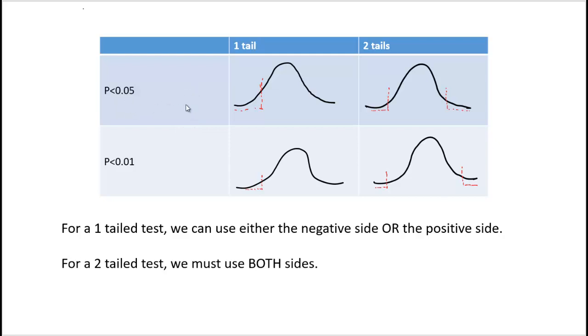So the probability of obtaining a significant result, we like it to be less than 5%. Here it's expressed as p is less than 0.05. That means that if a result occurs less than 5% of the time on our distribution, then we consider it to be